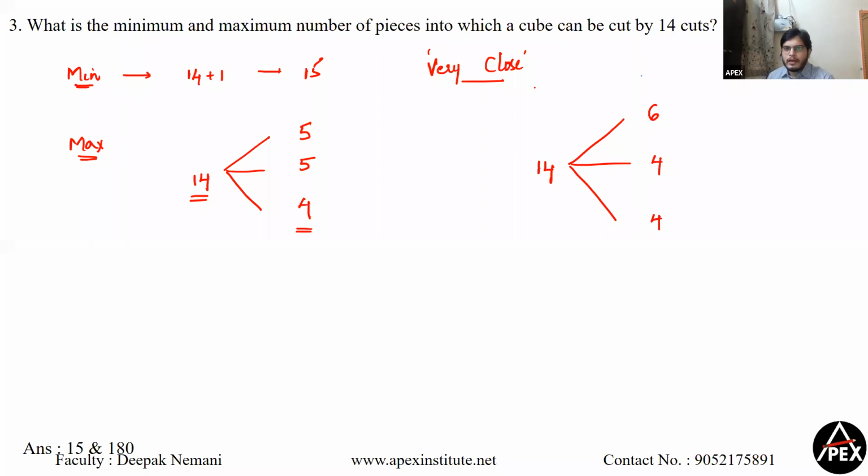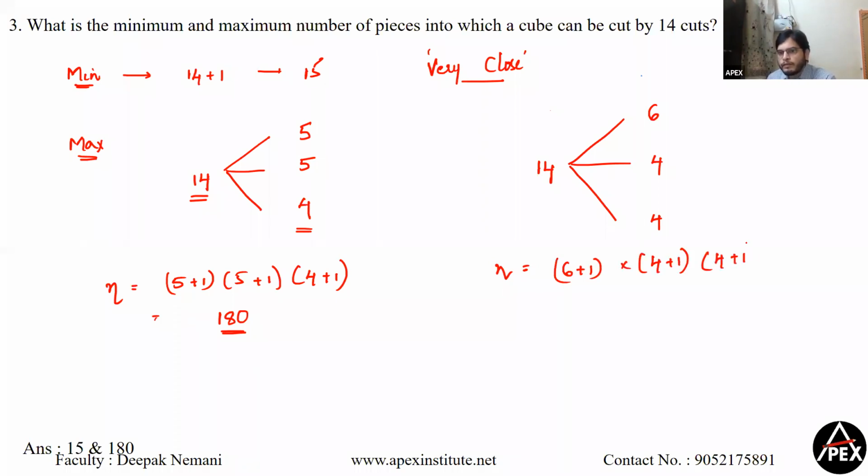So let's consider these two cases. First, 5, 5 and 4. Then the total number of pieces will be 5 plus 1, into 5 plus 1, into 4 plus 1. So this will be 36, 36 into 5, 180. Perfect. Now in the other case,